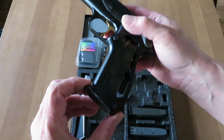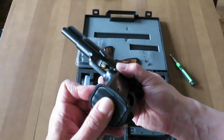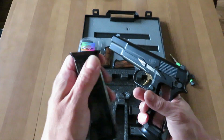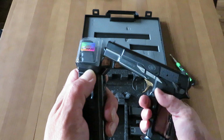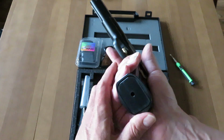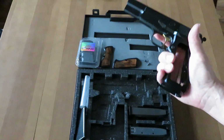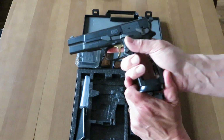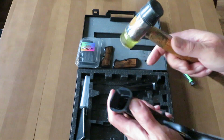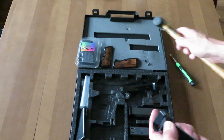This is an expanded magwell, but better than an expanded magwell, this is a drop-in expanded magwell. You're going to see the magazines there magically fit flush. That's because of magazine extensions here, that with the magwell is preferable because that allows you to have a smooth profile and you're not having to push the magazines up inside a magwell in order to do that. The really cool thing about this expanded magwell is,